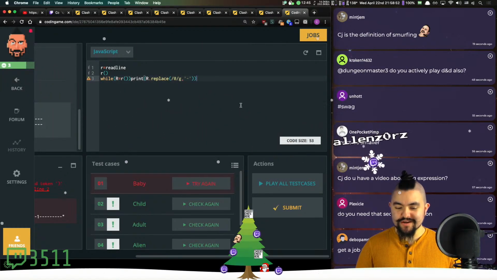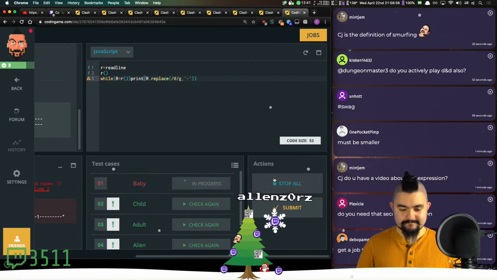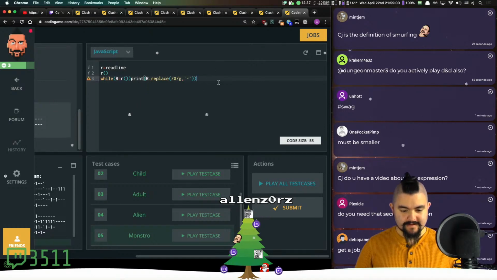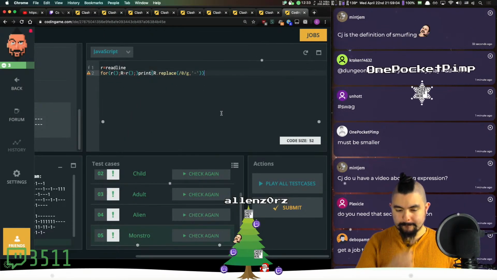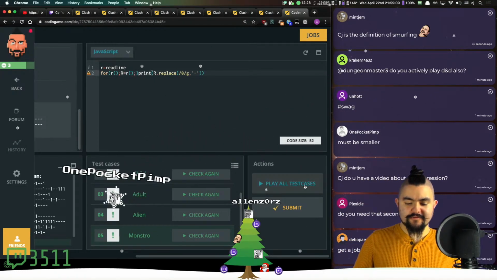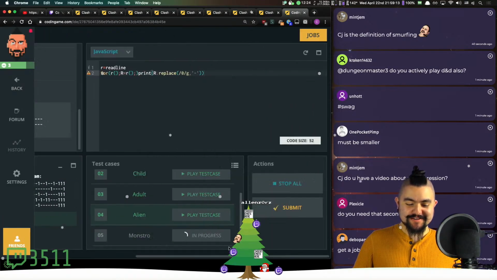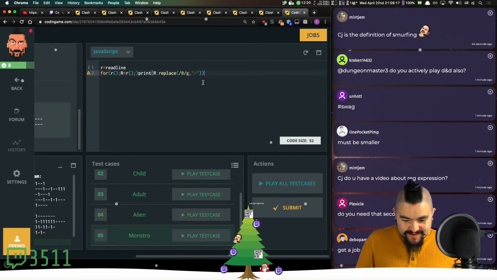Yeah, and that's 53 characters with a while loop. Still works. We are going to go back to the for loop. Yeah, I don't know if we can get any better. I'm just going to go ahead and submit it. Dang it, Andrew submitted first with 52 characters. How can we...